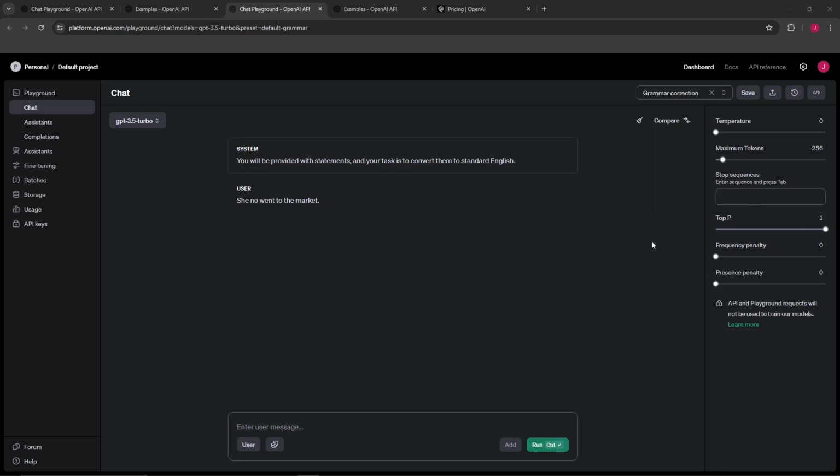Over here, I haven't really messed with temperature much. This deals with randomness. I haven't really messed with these either. It's just penalizing the token based on the likelihood to repeat the same line. But another important thing over here is the maximum tokens, especially when you're just starting out. If you max this out and you have a large prompt, I mean, this is 4,096 tokens, and then based on the pricing